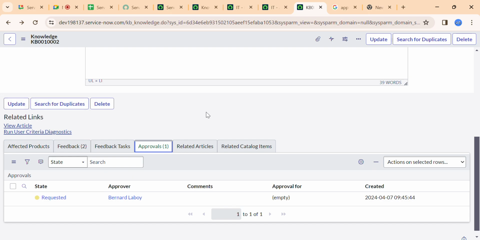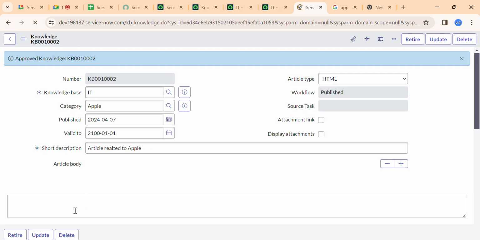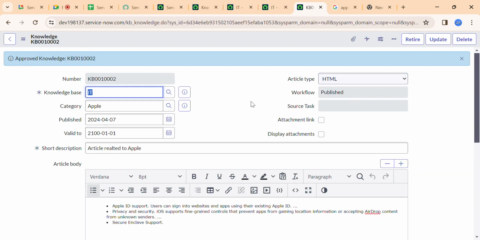It will be sending it to the approvers. So before you publish anything, someone, the manager, should approve it. Only when they approve, this article gets published. So we'll be approving, and then this article gets published.